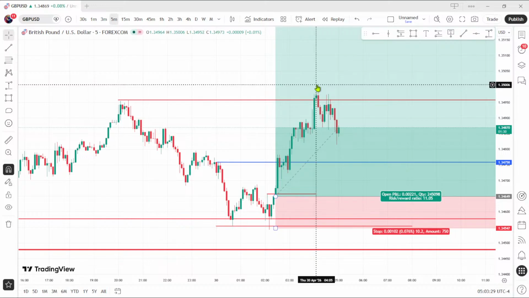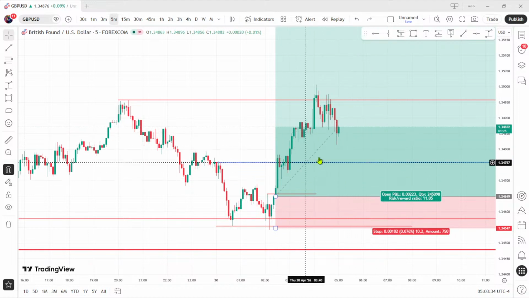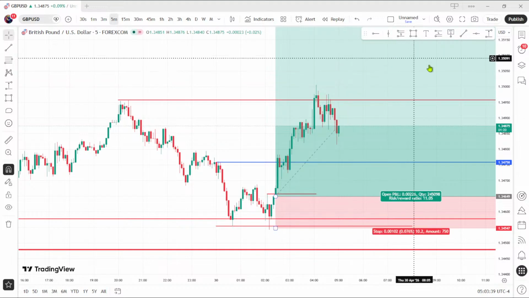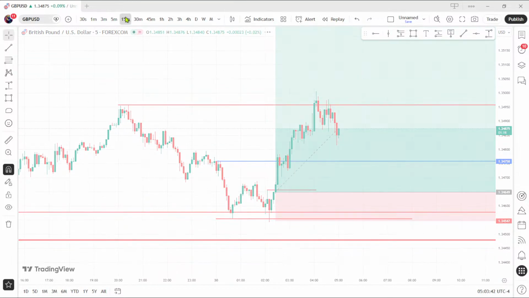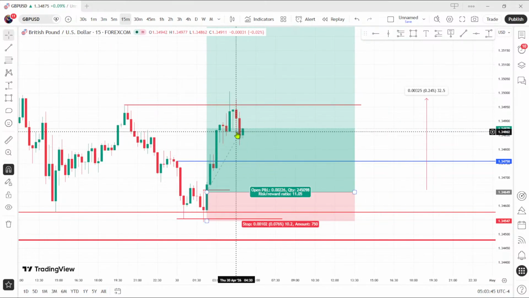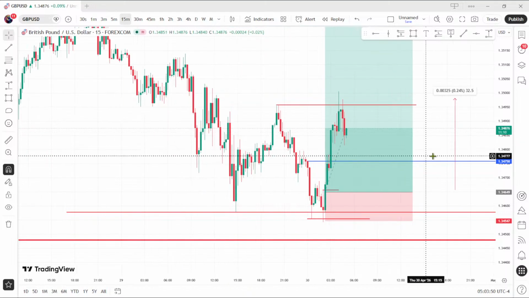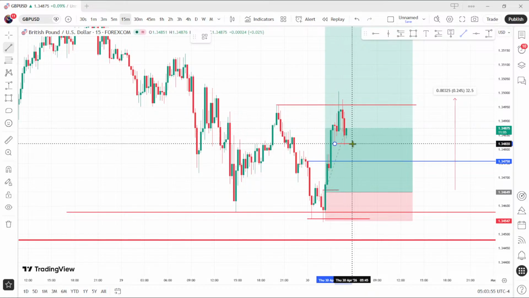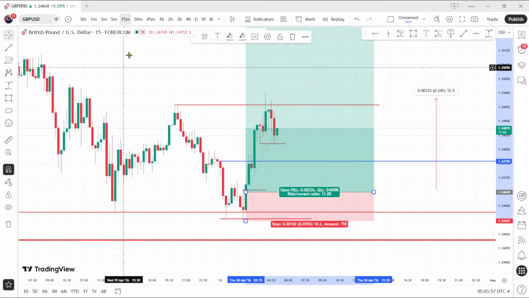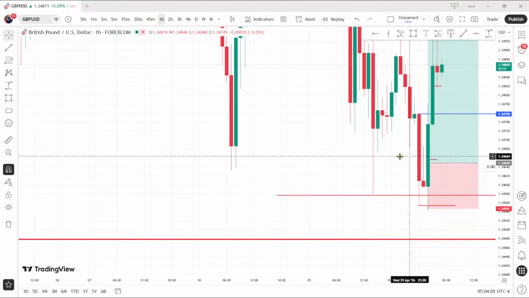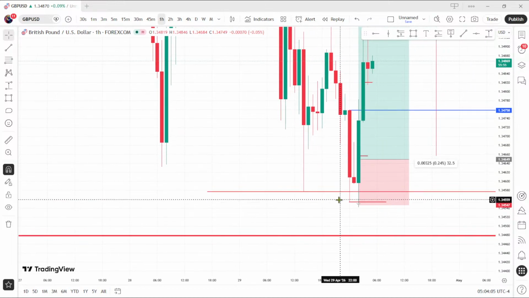Price will revisit this one. If it can revisit this high, then go. It can revisit it, then continue rallying higher. But what I'm expecting, if price is going to reverse, I'm still not sure, because it might also be reversing because it has taken out a sell side liquidity. It might be also taking out that sell side liquidity, doing a fake run, then start trailing higher. You see how it did here in the hourly time frame.